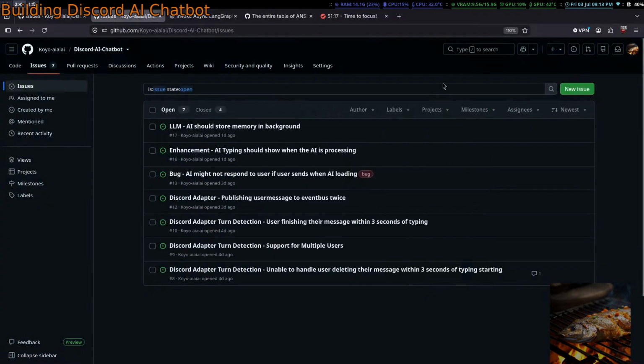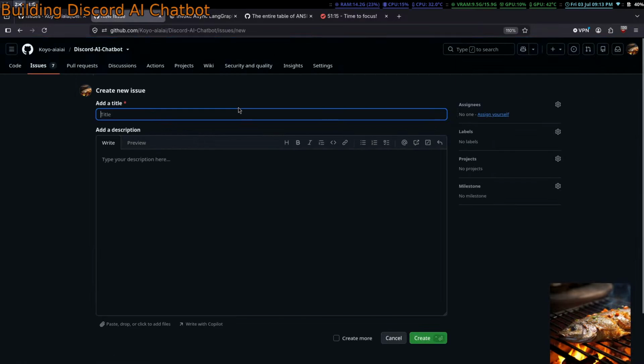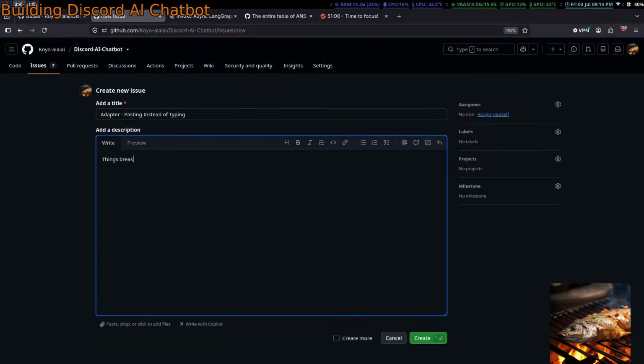0.95. It's a horrible way to go about things. Pasting instead of typing. Things break when you paste messages instead of typing them.